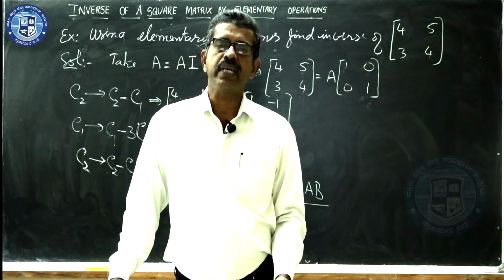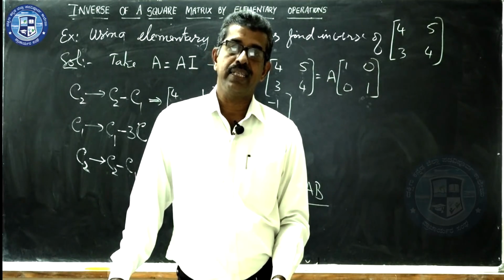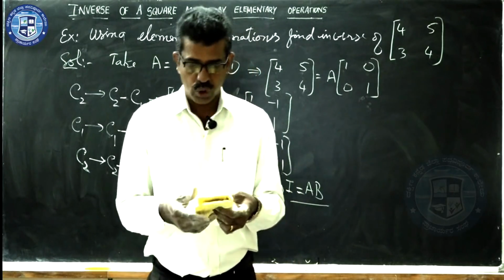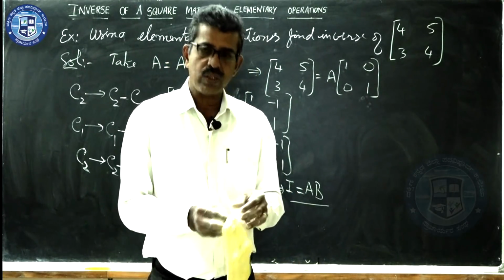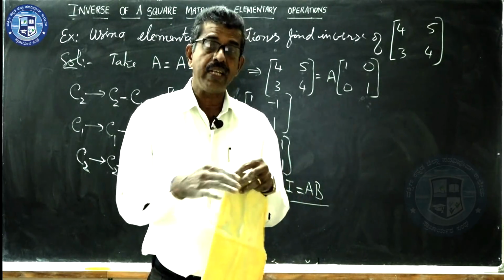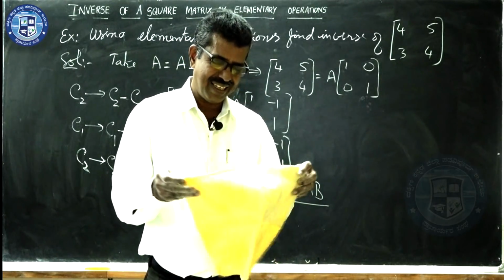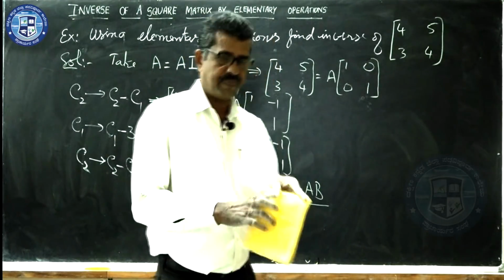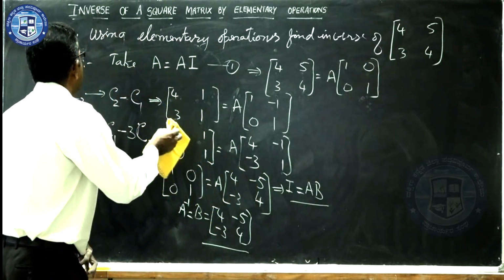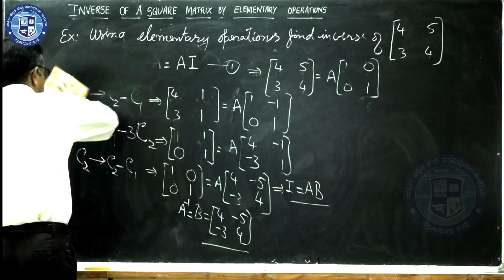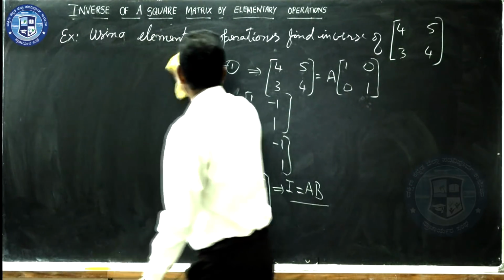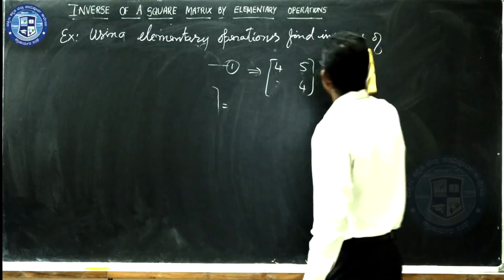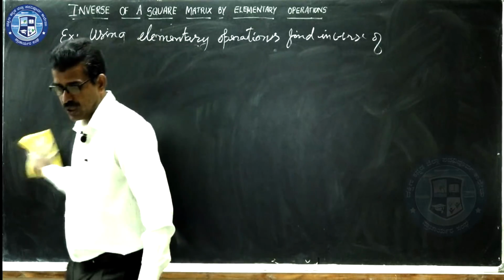So, the interesting part, when the given matrix is 3 cross 3: for finding the inverse of 2 cross 2, there is a shortcut, which will be taught in the next unit, determinants. But finding the inverse of a 3 cross 3 will be a little hectic, though applying elementary operations, it may be a little easier. So, let me explain with one example. Using elementary operations, find the inverse of a 3 cross 3 matrix.